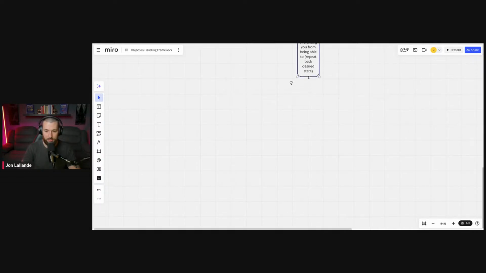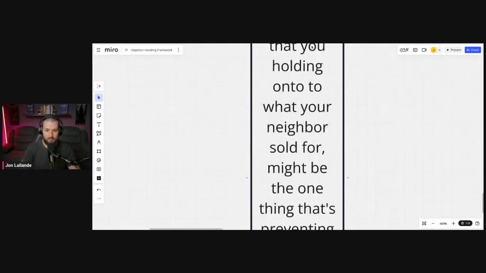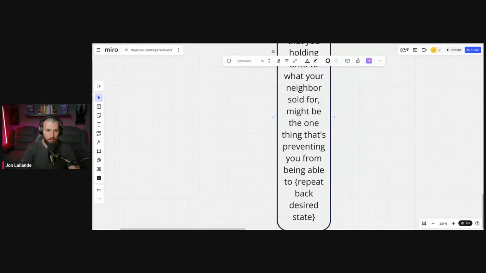Why would we repeat back the desired state versus just repeating back the problem that they're trying to solve? Well, the desired state is what they're actually after, right? So, for example, if I say I want to lose weight, okay, well, why do you want to lose weight? What's making you feel like you want to lose weight? Well, every time I take my shirt off at the pool, all of the girls that are looking at me, I just feel like they're thinking that I'm out of shape. Okay. And so, let's say you were able to take your shirt off and you have a six pack. How is that going to feel? It's going to feel incredible. What's it actually going to feel like, though? Well, I'm going to feel like the man. I'm going to have so much more confidence. I'm going to be comfortable doing it. I'll go to the pool a lot more.